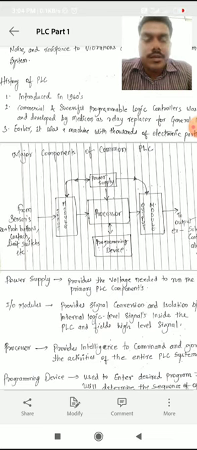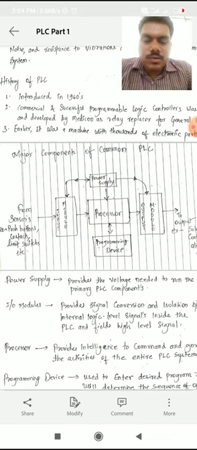Let's say add, A plus B. So who will process this calculation? The processor will process this calculation. The value given to the programming device is given to the processor, which processes the information and sends it to the output.